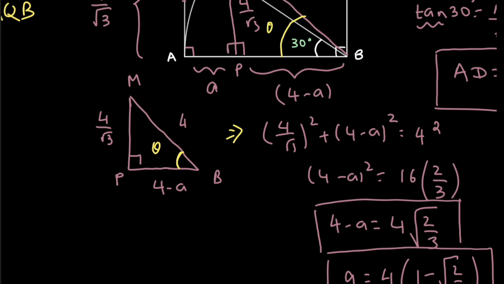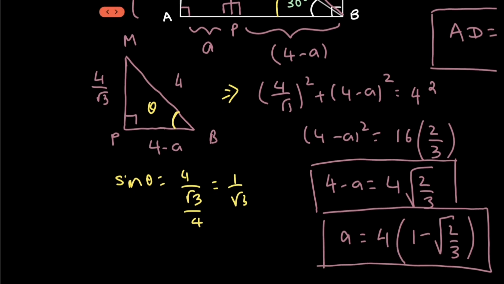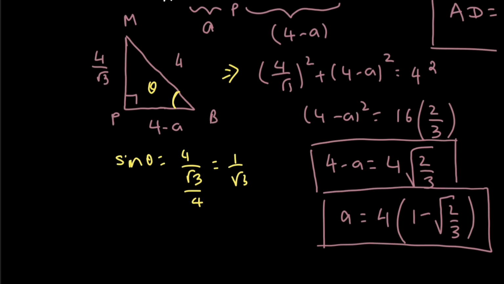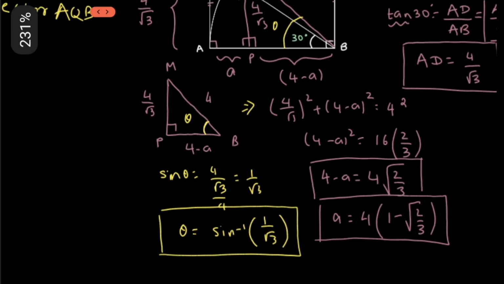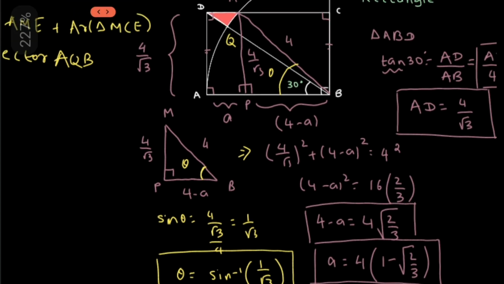So in this right angle triangle, the value for sine theta would be equal to 4 upon the square root of 3 upon 4, that is 1 upon square root of 3. This is the value for sine theta. So using inverse trigonometry, we will get the value for theta as equal to sine inverse of 1 upon square root of 3. Okay, so here we have got the value for the central angle too. That's in trigonometry, no worries, it has a value first of all. Okay, so the value of theta we have got.